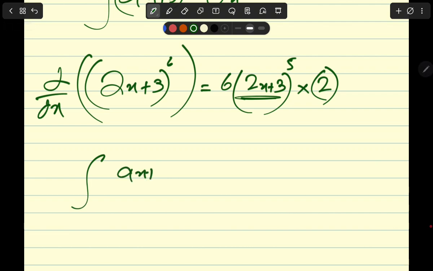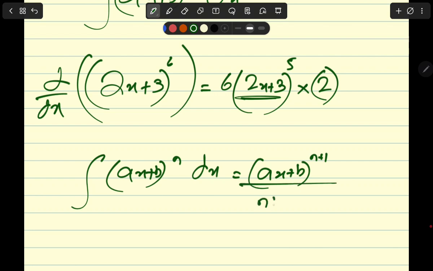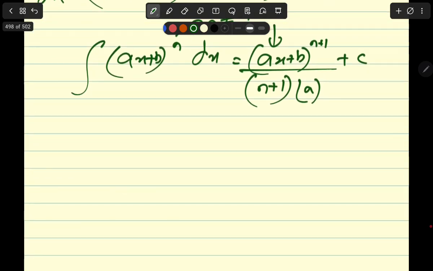So if you have ax plus b to the power of n and you are integrating it, how do you do that? You reverse the process. You first increase the power by 1, reverse differentiation, reverse chain rule. Then you divide by the new power, and then you divide by the differential of the inner function, which is a, and then you put a constant of integration. Okay. And again, this n must not be equal to -1, because if it is so,